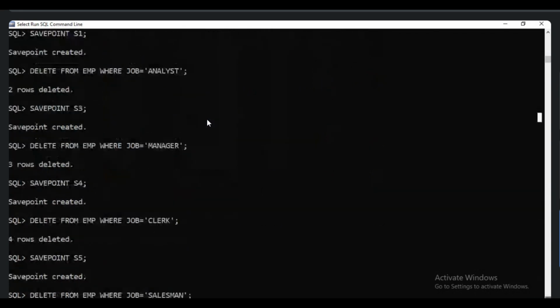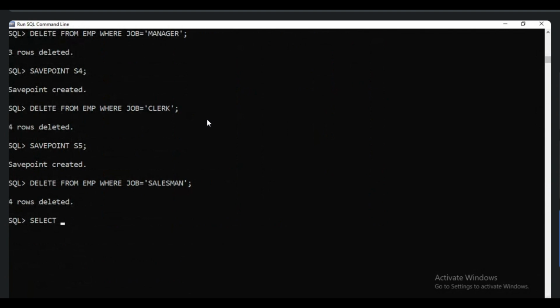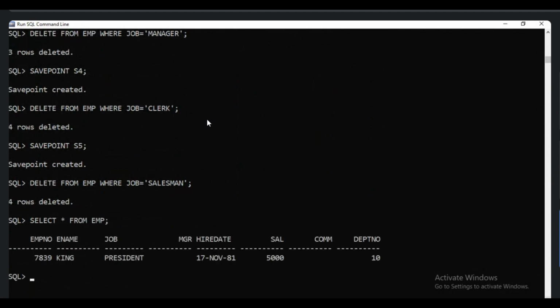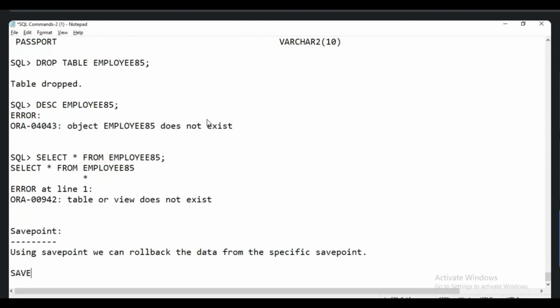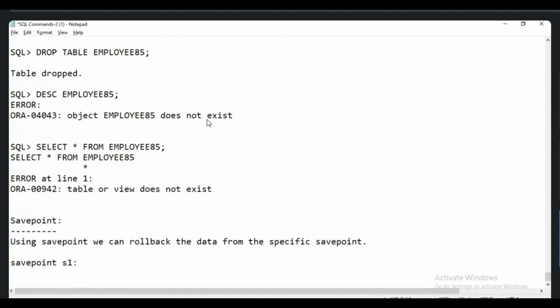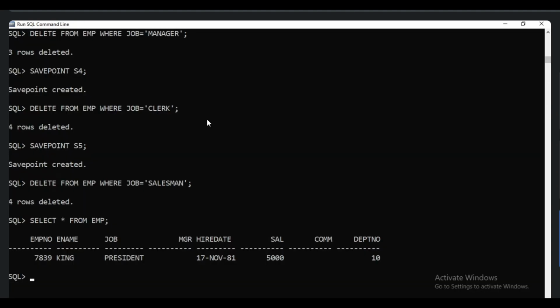So now I'm checking the data. Only one record is there. So I took 4 save points. In S1, S1 is just a name. You can use any name. Instead of S1, you can go with A, B, anything you can use. So at save point S1, I am deleting the